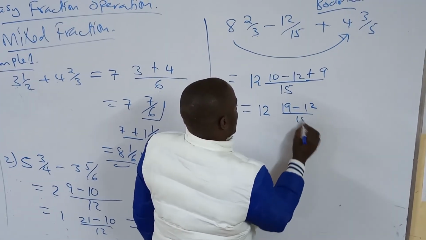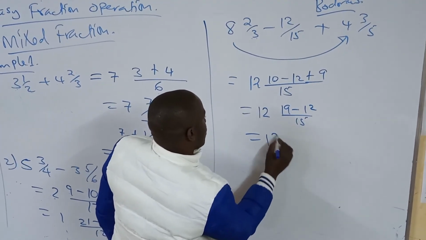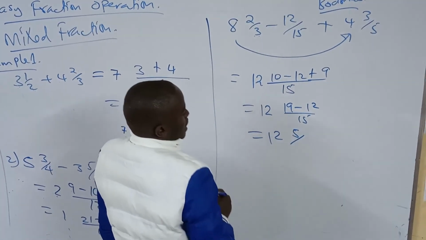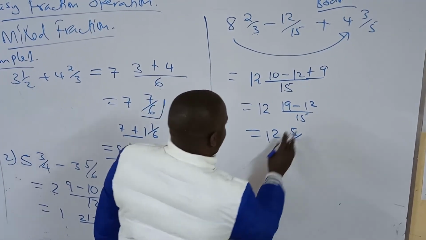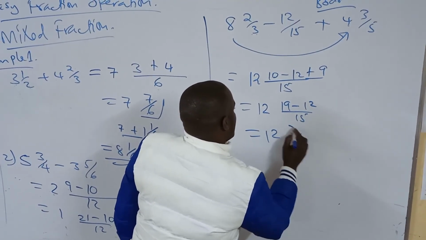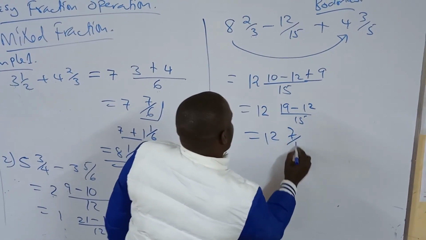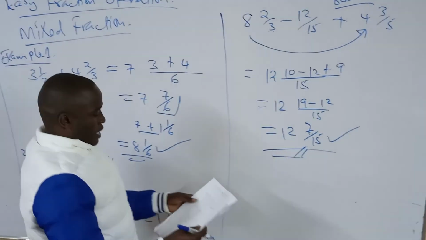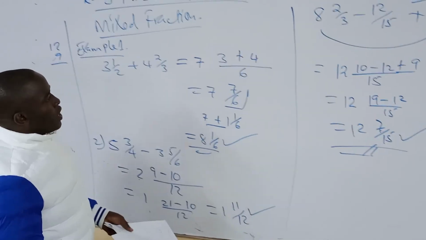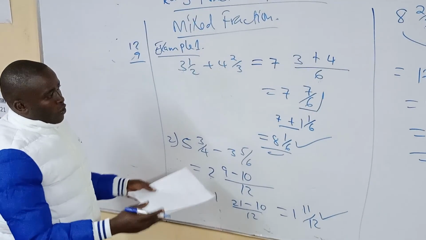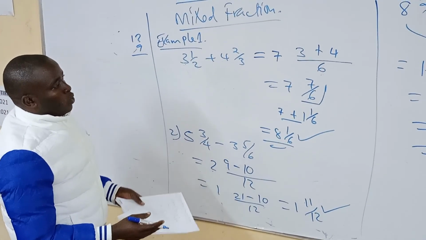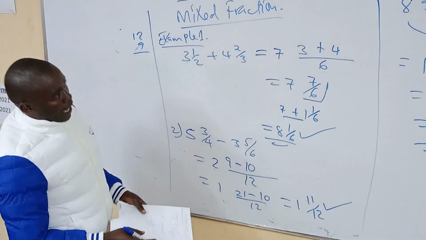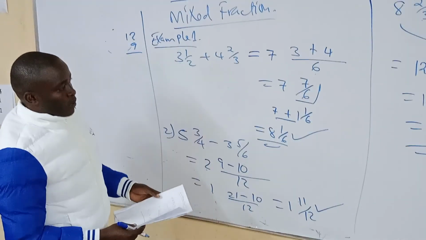Minus 12 over 15, which is equal to 12. 19 minus 12 is 7, not 5, all over 15. So this becomes the answer. So that is the simplest way of doing fractions. If you follow this procedure, you'll be able to do your questions in a very short time. Thank you for listening and subscribe so that you can get